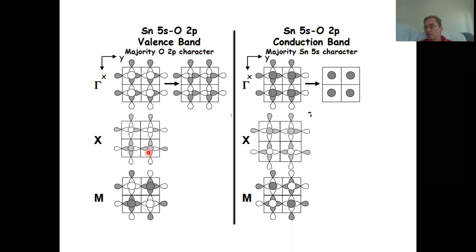Okay, finally we could go to the point M. So at point M, we would flip algebraic signs in x direction and in y direction for all the orbitals